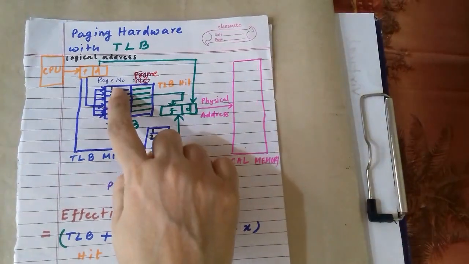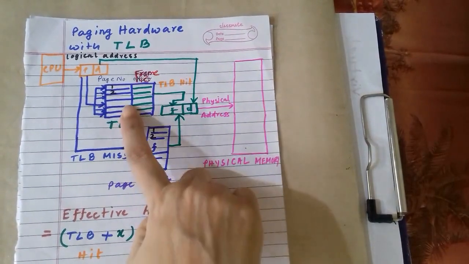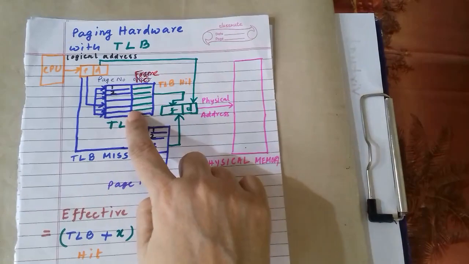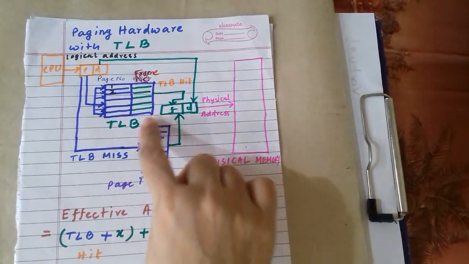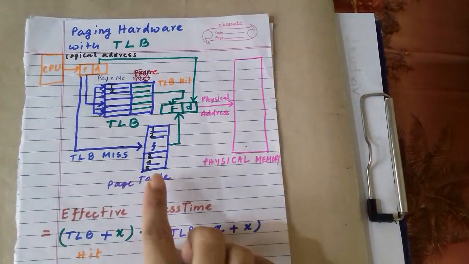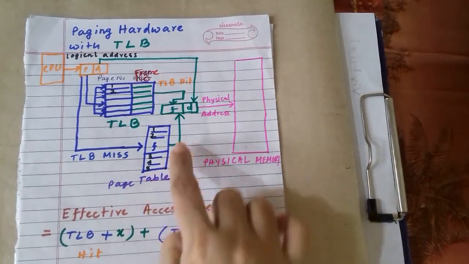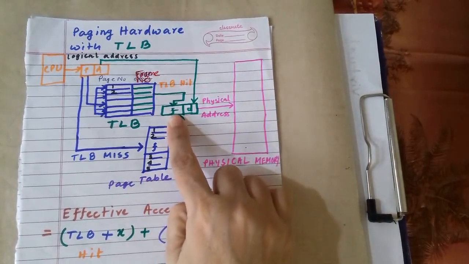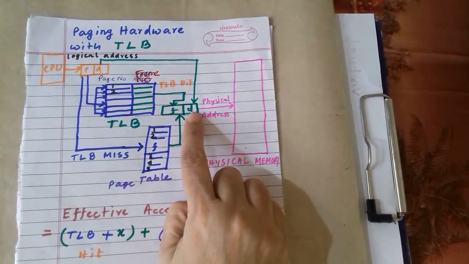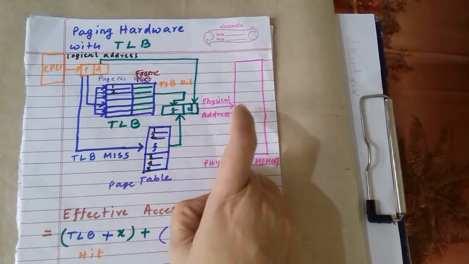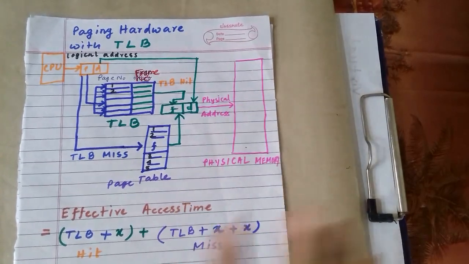Now the question is, other than 1 and 2 we have not copied anything. So if the page reference is for page number 5, it is not present in the TLB. To access the TLB we need to spend time, but it is a miss in the TLB. So in the case of a TLB miss, the operating system has to check again in the page table. It will find page 5. Then the corresponding frame number should be checked, and from that frame, up to the offset value will be taken. Like if the offset value is 4, then 4 locations of that frame will be accessed.